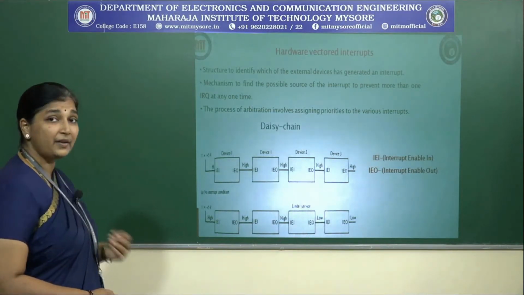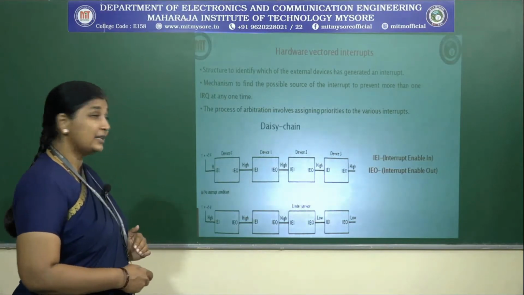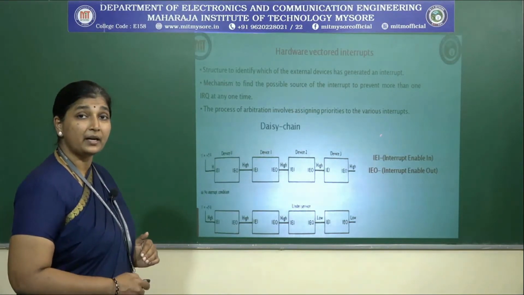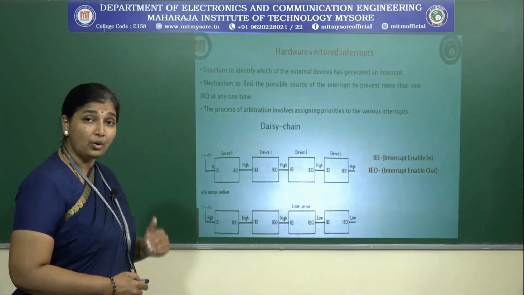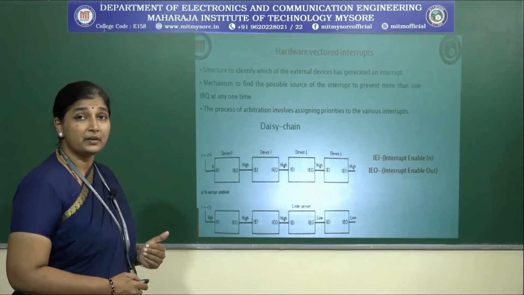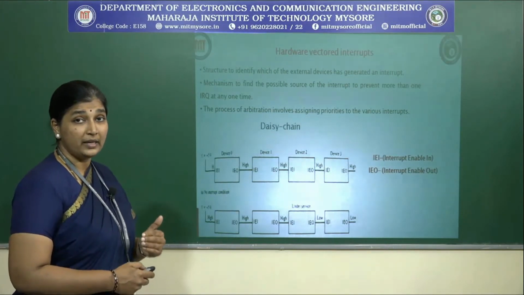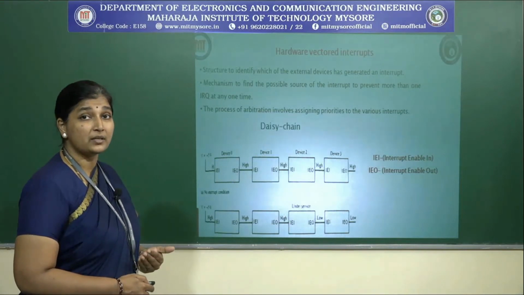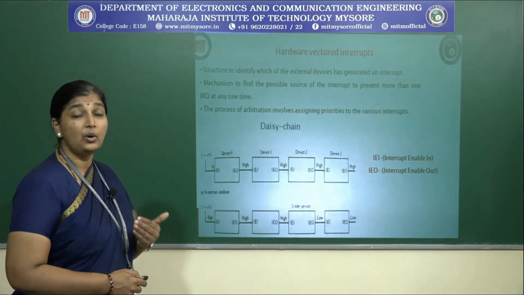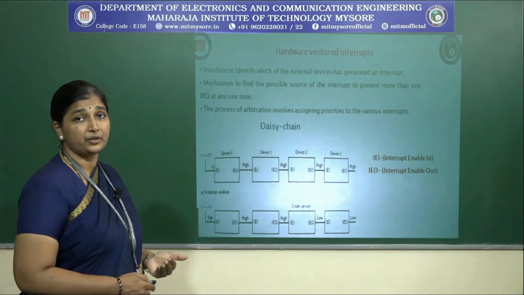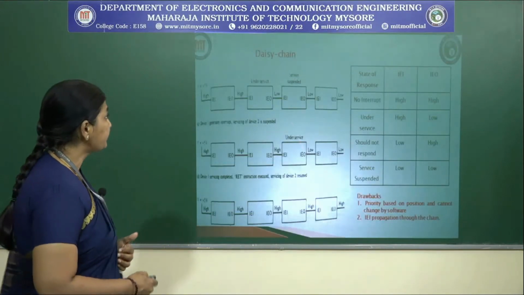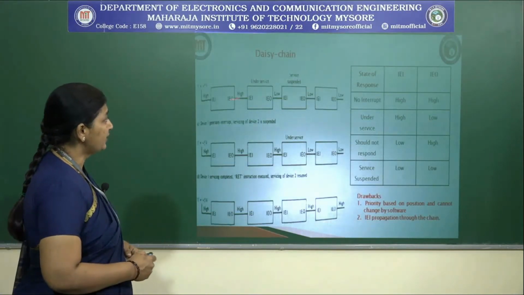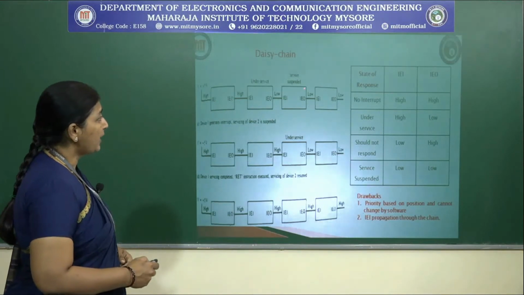So the first thing that we have to notice, all the devices in a daisy chain, but when IEO goes low, which means that there is an interrupt that has to be taken care of. Okay, there is a request. So there is a device which is trying to interrupt the normal operation. Now, daisy chain here again, when it continues, what happens?